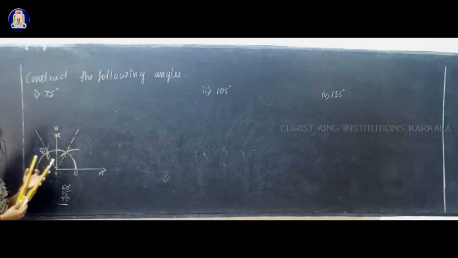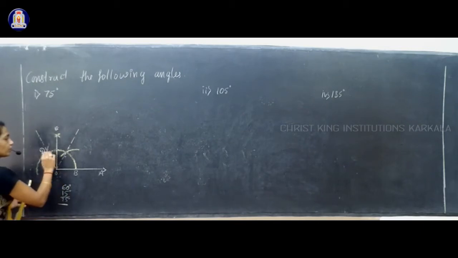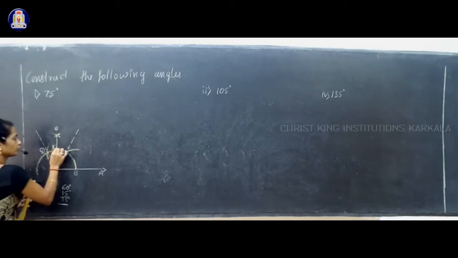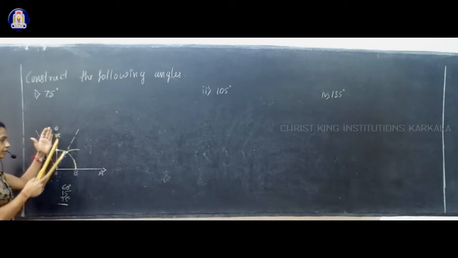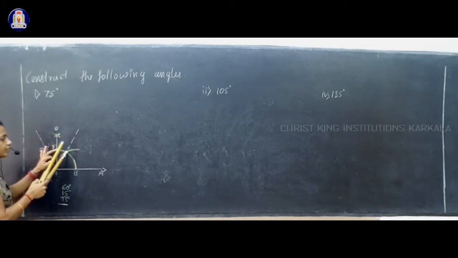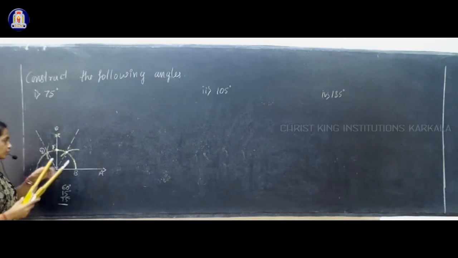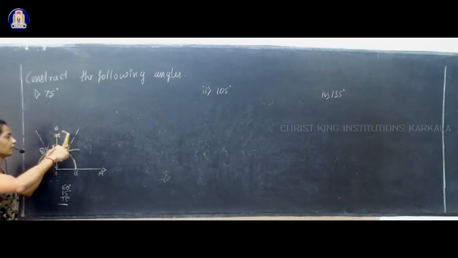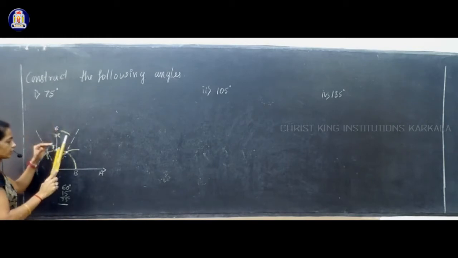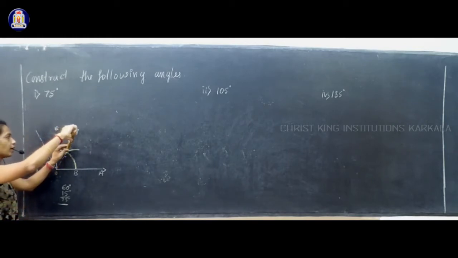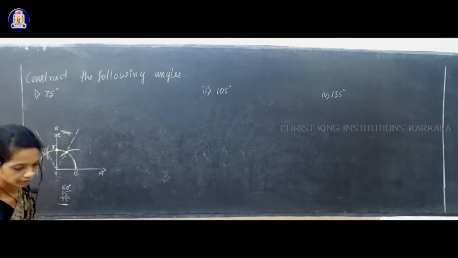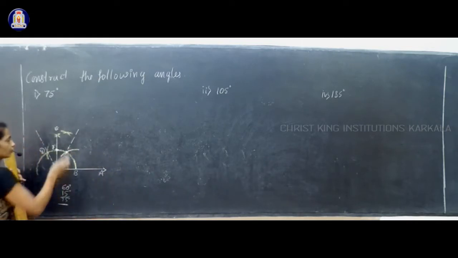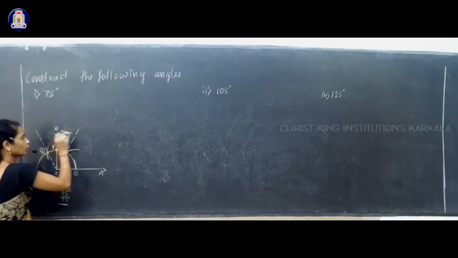For that reason, now I'll take the point of intersection of this semicircle and 90 degree line as F. Now you have to use point F and point C, the two points where this 30 degree's lines and the semicircle intersect. Keep it at F and draw one arc in between these two lines, and keep it at C and draw one more arc such that it should cut the previous arc. And now you join that point of intersection. I'll take that point of intersection as G.